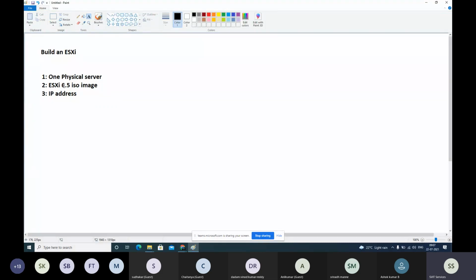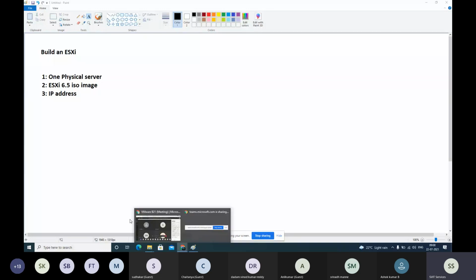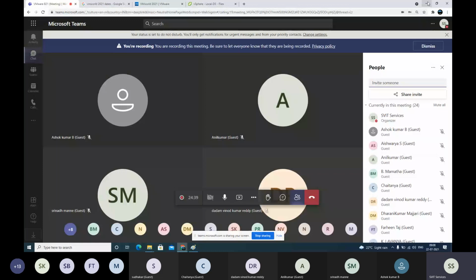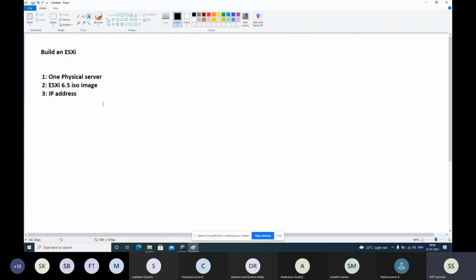So we are around 25 to 30 members overall. Here 25, and here around 5 to 6 members are in the offline class. So total 30 members. That means I need to have 30 physical servers in the lab. Practically it is not possible. Each server will cost around 60,000 minimum, even if it is pre-owned. We need to spend that much, 30 into 60,000.